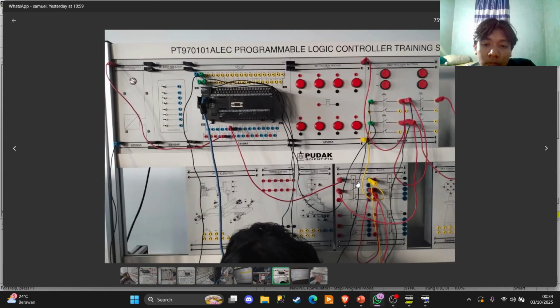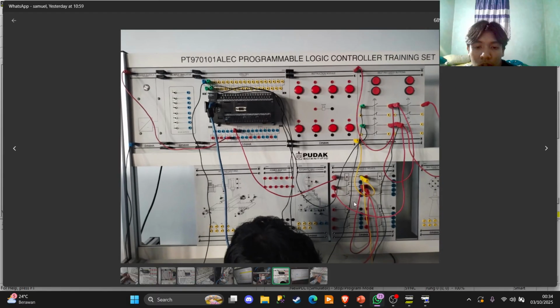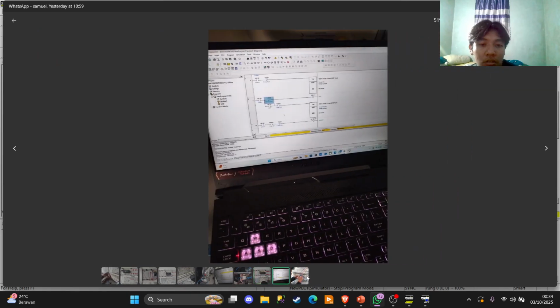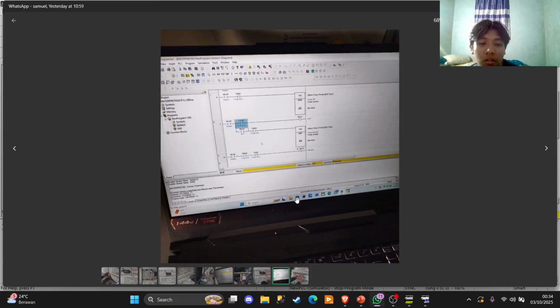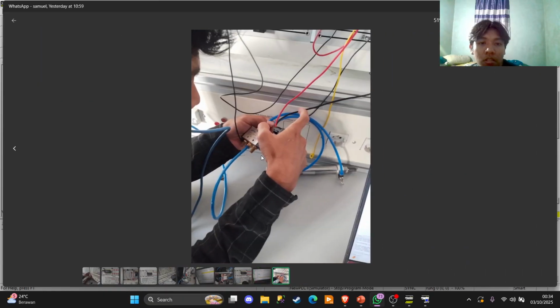So when the timer is off, the relay will turn on and make sure the solenoid comes on. So this is our circuit, and then we're going to check this is the same program that we made in the practicum.